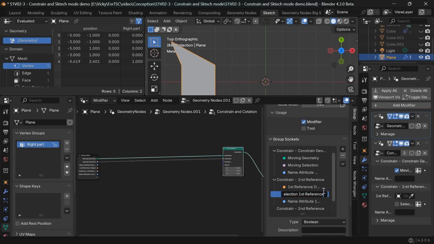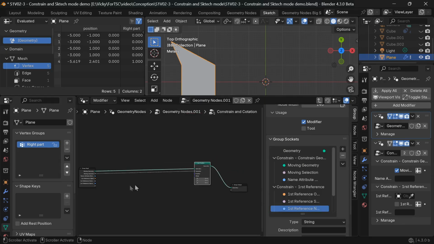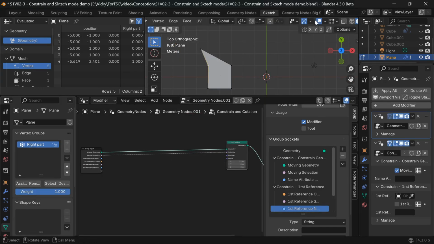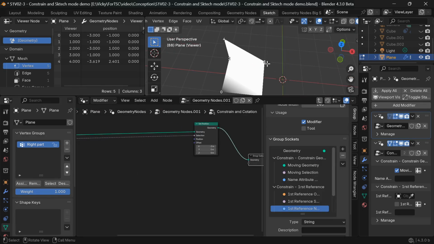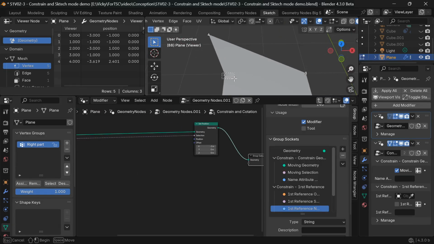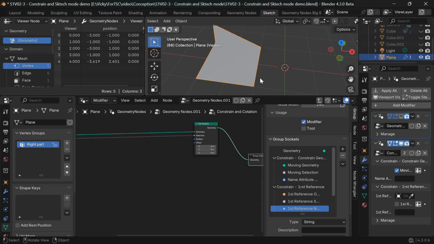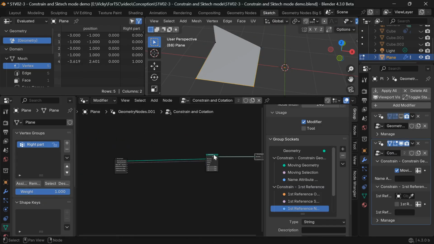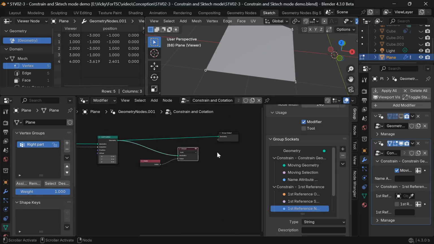I come up with constraint and quotation for the name. The description is: this node is used to merge two actions in one, the design and the technical drawing. This node works with all geometry types. Since it performs an operation on a geometry, I set it to the geometry category. I want to use it directly on the modifier stack, so I tick the modifier box. I do that because it will be easier.